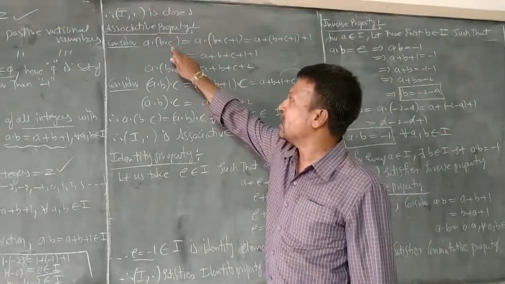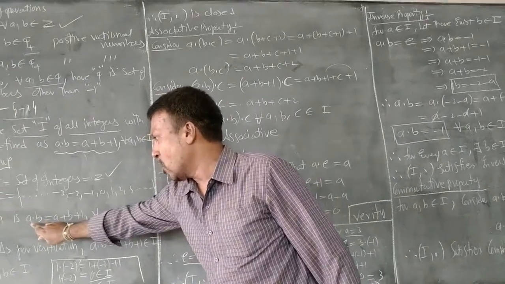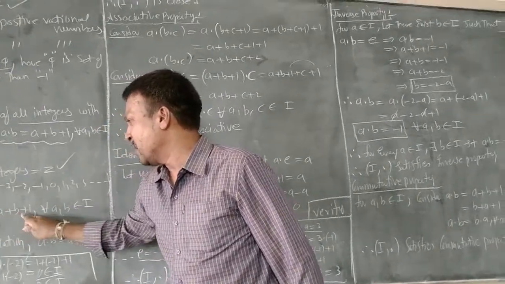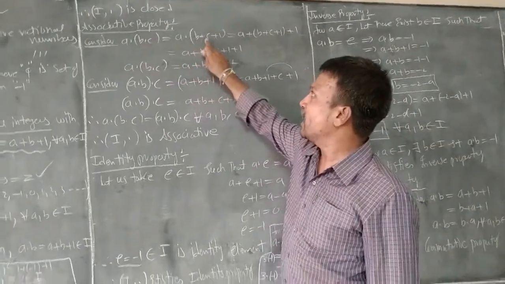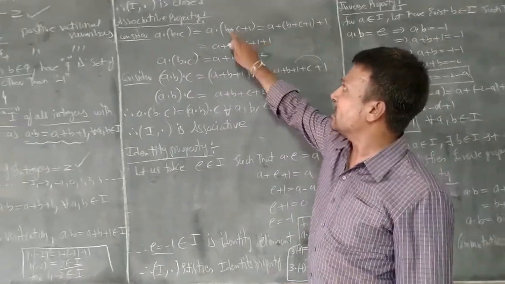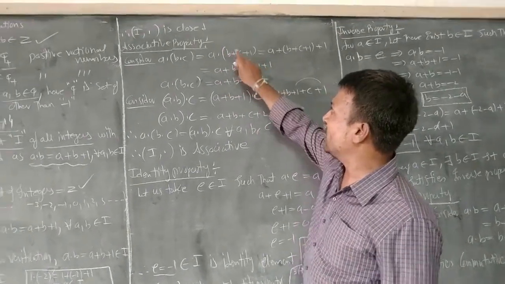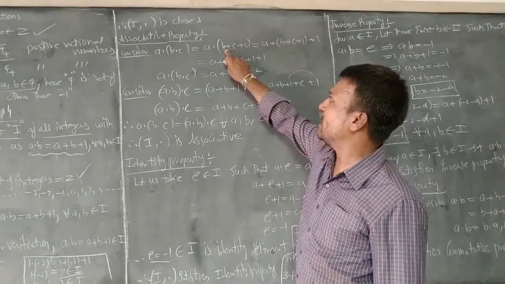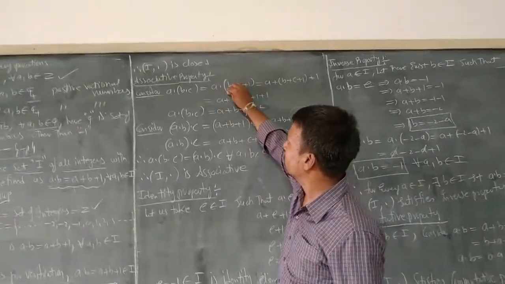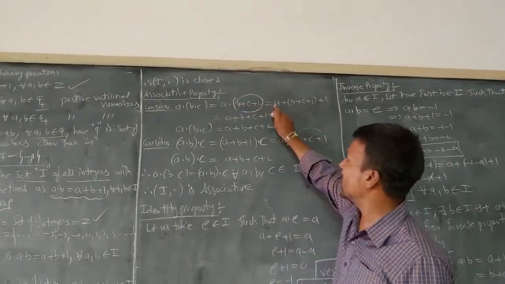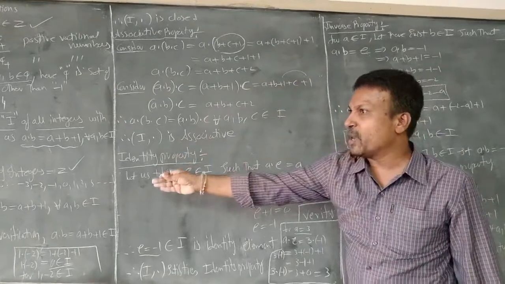Here b dot c is in the form of a dot b. So what does a dot b state? A dot b gives a plus b plus 1. So instead of b dot c, I should write it as b plus c plus 1. Here again it is in the form of a dot b. Instead of b, all that value should be taken, b plus c plus 1. So it is in the form of a dot b, so it is written as a plus b plus 1 as per the given special binary operation.